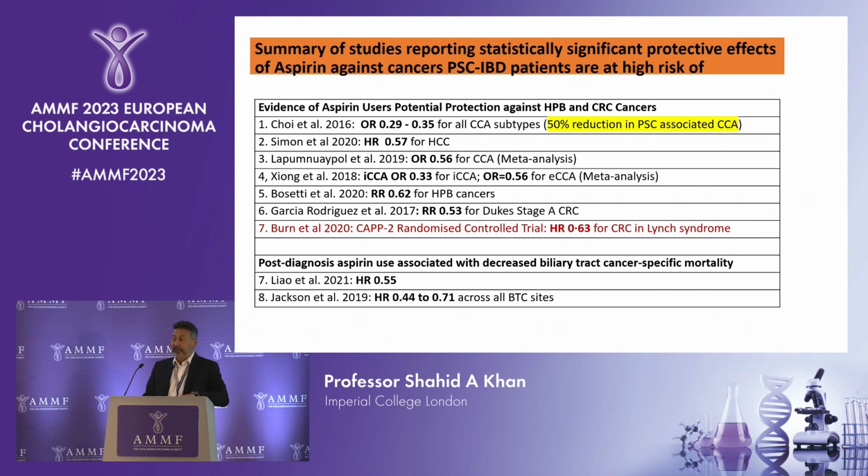Simon et al. found a hazard ratio of 0.57, so you're 57% as likely to get liver cancer, HCC, if you're on aspirin. Then there was a meta-analysis which looked at several other smaller studies and put all the data together, odds ratio of 0.56, so again almost half as likely to get cholangiocarcinoma if someone was taking aspirin. Another meta-analysis found similar, and so all this retrospective data, number 6 there, Garcia Rodriguez, a relative risk of